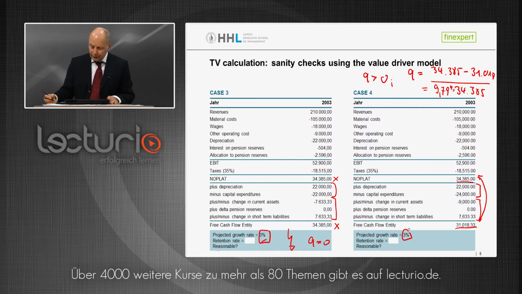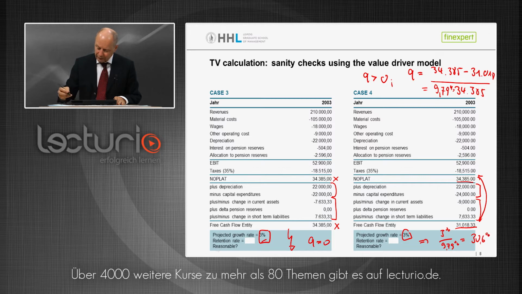Now if you combine it with our growth rate, we calculate here our growth rate being 3% divided by our 9.79% retention rate is then the implied ROIC, or the implied RONIC, and the result here is that it's roughly 30.6%. Yeah? So again, looking at our WACC of 13%,